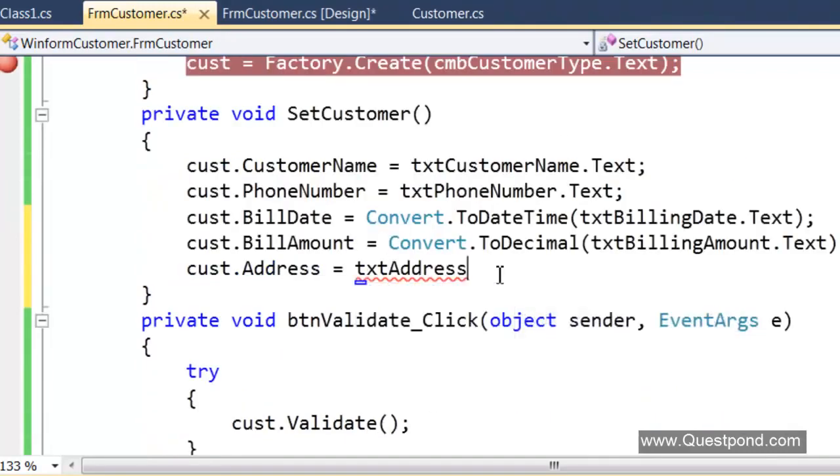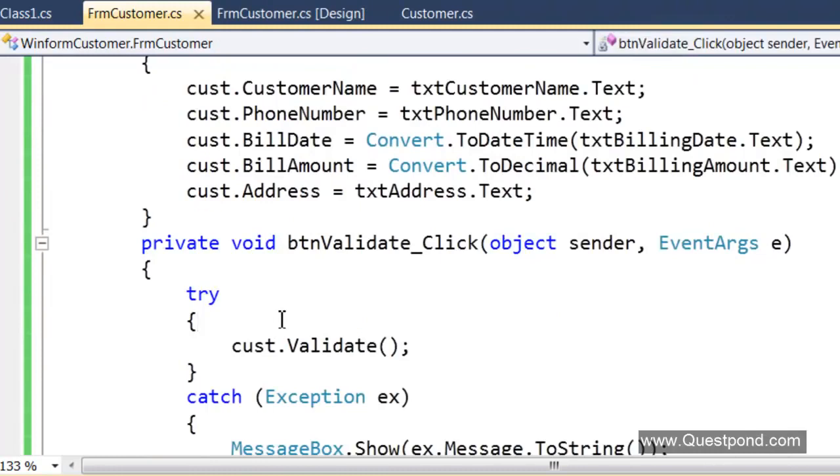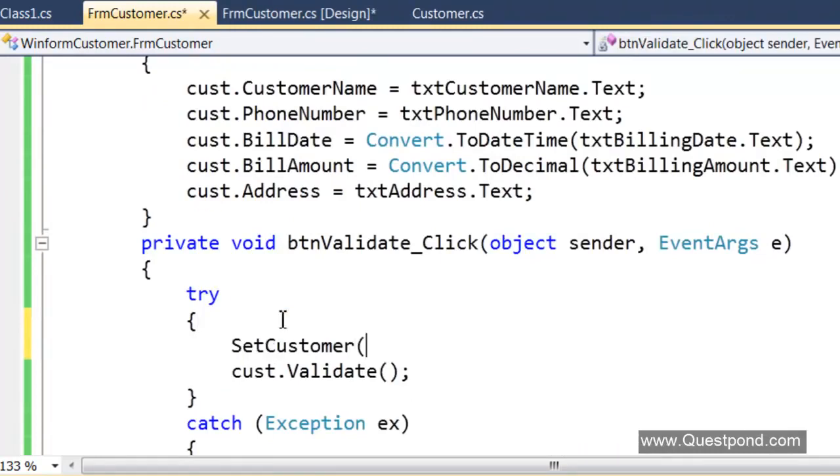This method goes and takes a value from the UI and sets it to the object. Before I call the validate, I would like to call this set customer here. And let us quickly test this.